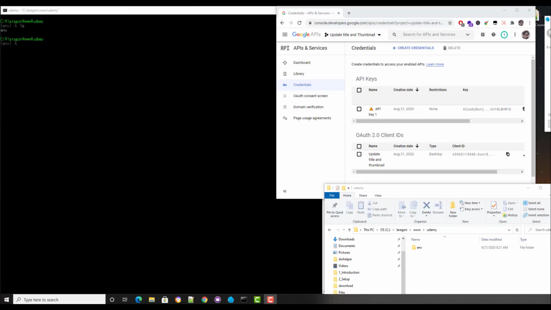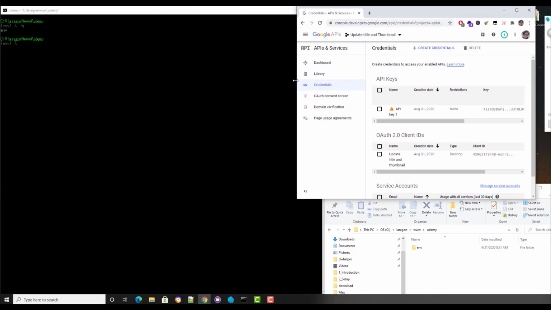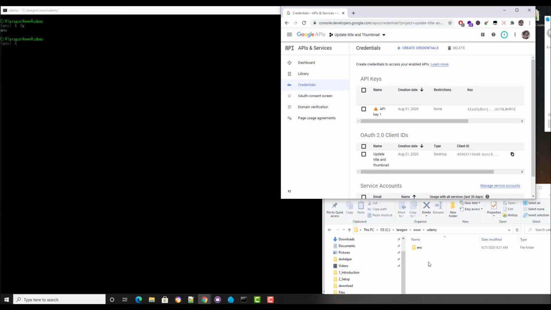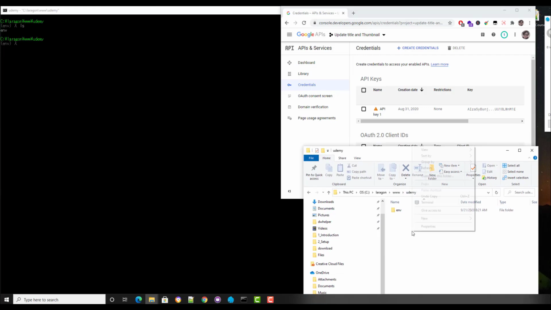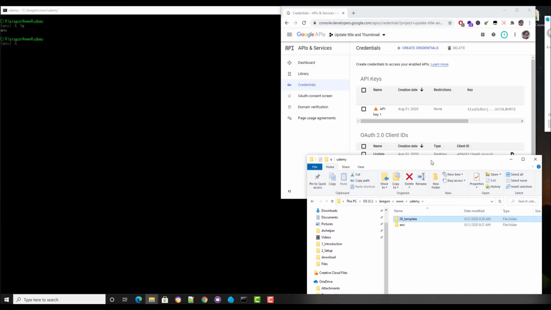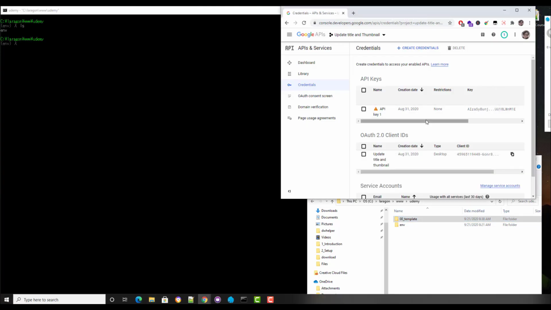In the first part, we already learned how to get your API key and OAuth 2.0 client ID, and we're going to use those. So in your Udemy course folder, where we create our env, I want you to create a folder called 00 template, or something like that. Copy your